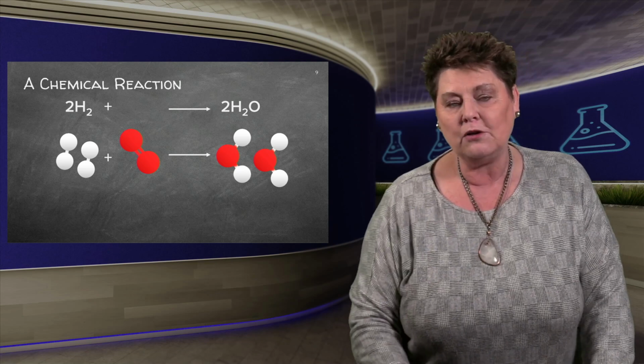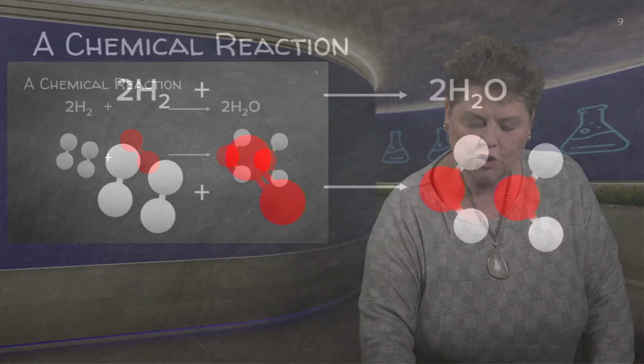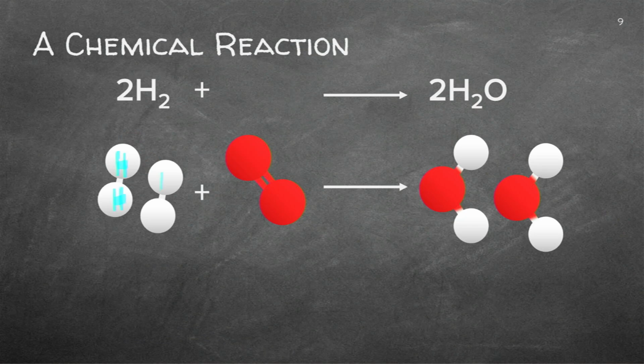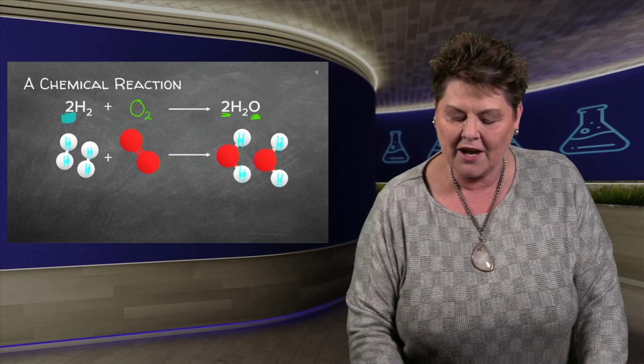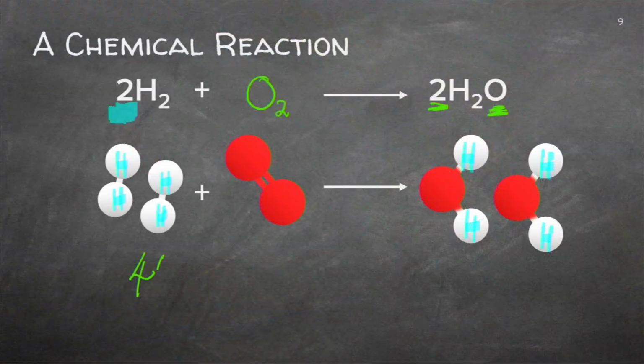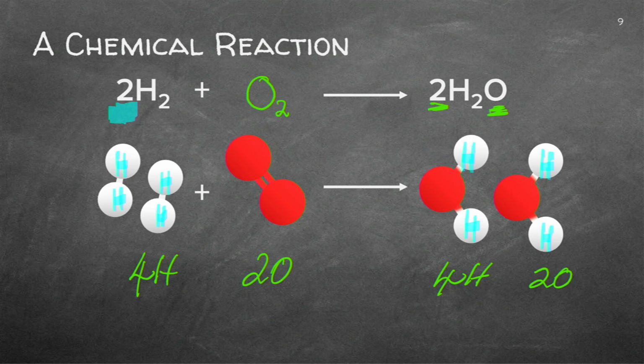Let's have a look at the chemical reaction on the screen now. I've got 2 hydrogen molecules. Can you see there? It's mole. 2 hydrogen. I'm forming 2 water. There's the 1, 2, 3, 4. So what is the red one? The red one will then represent the 2 oxygens. So that will be the diatomic oxygen. Remember, you have to have the moles. Is this equation balanced? It seems like I've got 4H there, 4H here, 2O, 2O, so it is perfectly balanced.